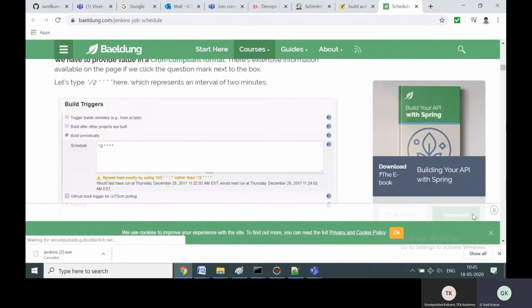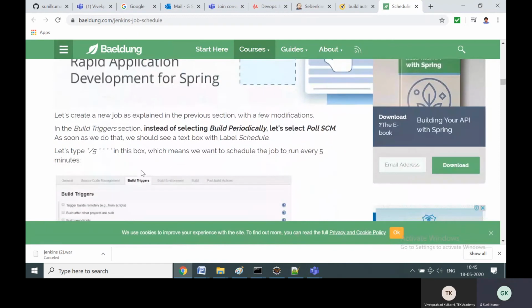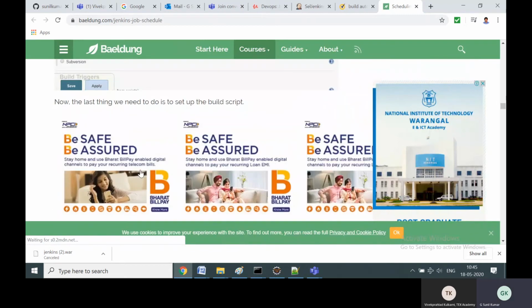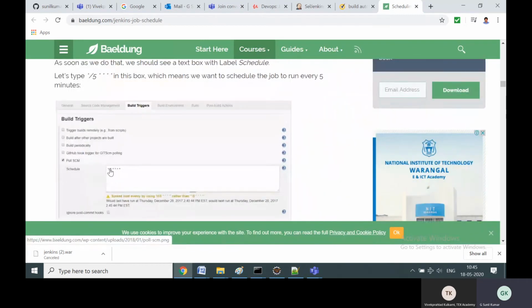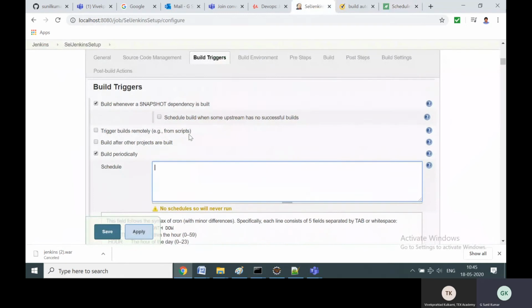See, you have to type exactly ditto. You can say every 5 minutes. Similarly you can set up once a week. To set up once a week, you can just Google and you can get that code for how to set up once a week. You can copy that and paste it here. Basically it's 5 stars or 6 stars, basically 6 stars, and then you have to modify the star.